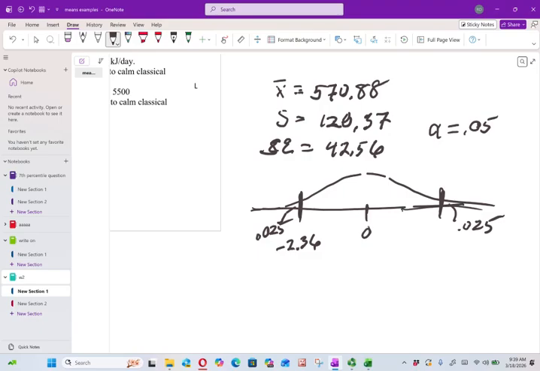What about the upper end? What's the value on the upper end that cuts off 2.5%? Two ways to do it. What's the easy way? The normal distribution and the t-distribution are symmetric by definition. So what would the upper end be? 2.36. Or, if I go back to Excel,